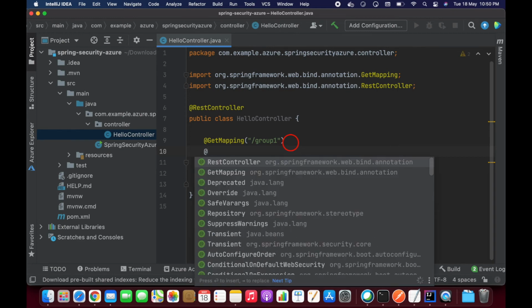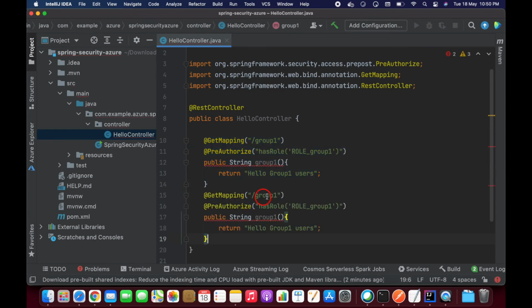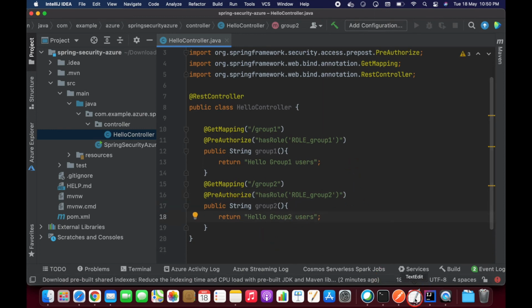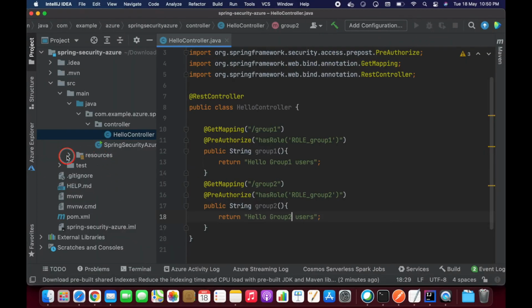We have an annotation, that is PreAuthorize, guys. Okay, that's it. Yeah, so it's ready, guys, and let me copy this application.yml file.